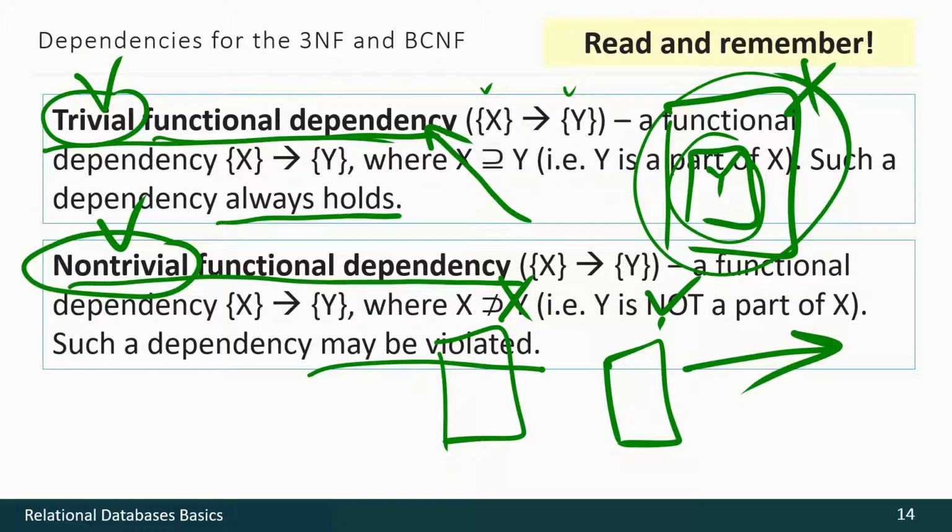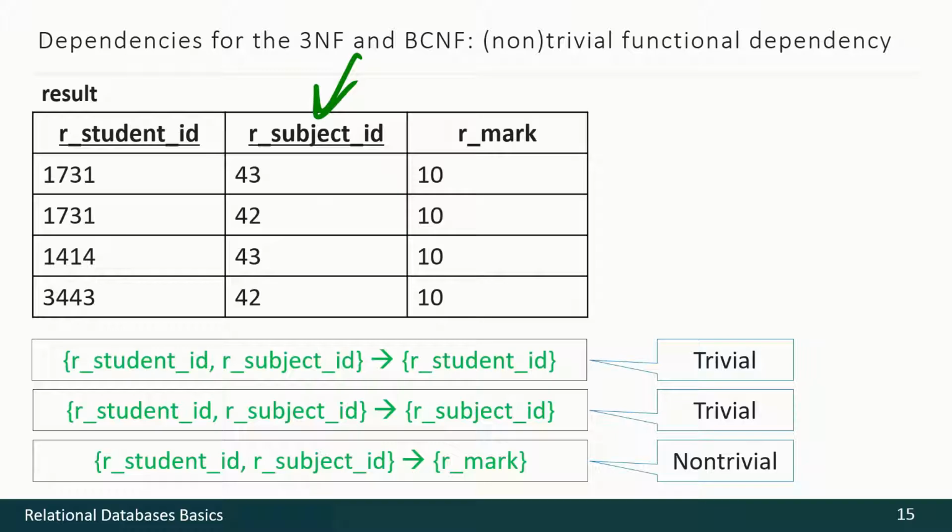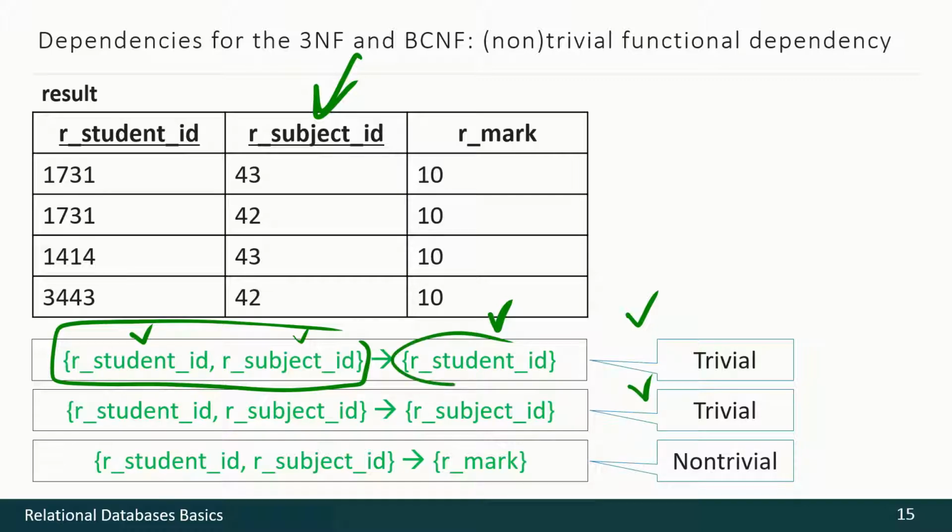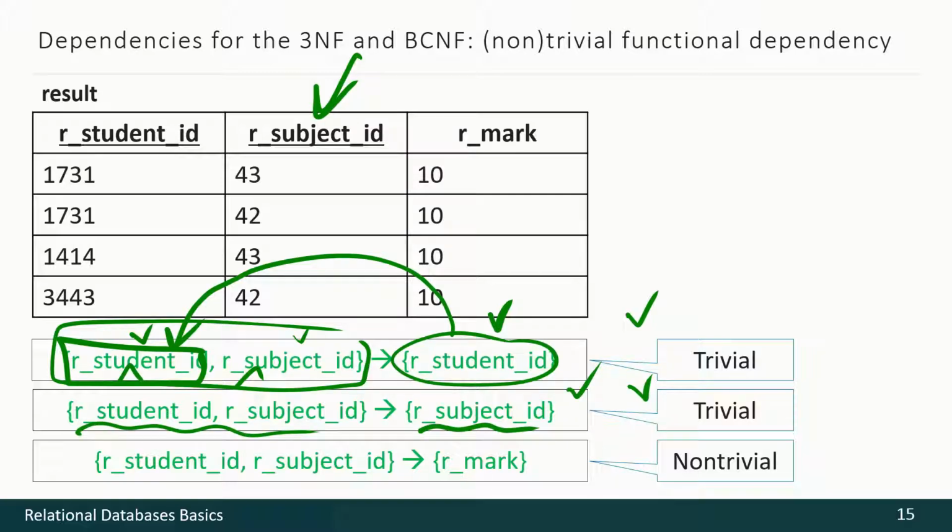Let's see an example. Imagine we have such a data set, and we shall review trivial dependencies. We have a set of student ID and subject ID, and we want somehow to detect student ID based on this information. But of course we see that student ID is already here. So once we know this combination, we absolutely know student ID. And the next, by this combination we have to find out subject ID. But the subject ID is already here. So once we know this combination, we absolutely for sure know the subject ID.